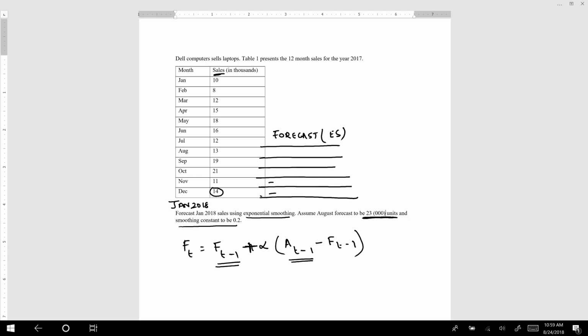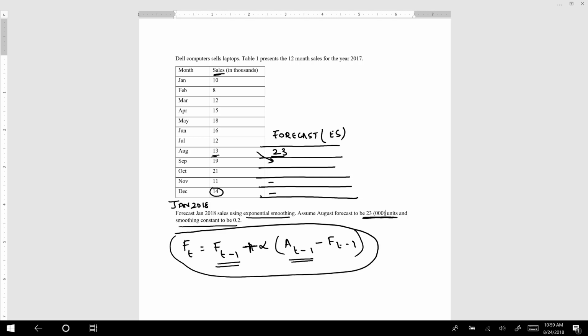They gave us August forecast, which is 23. Since we have August forecasted value and the actual value, I can calculate by using this formula